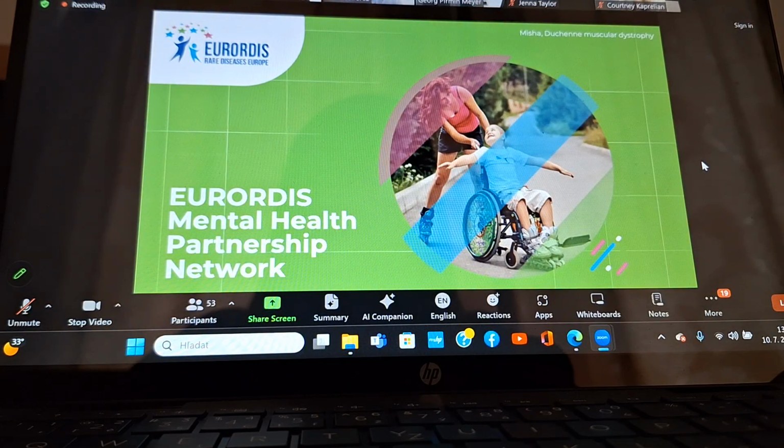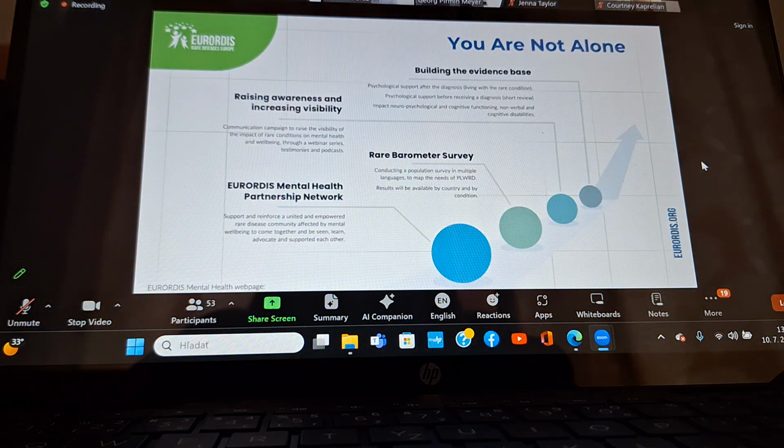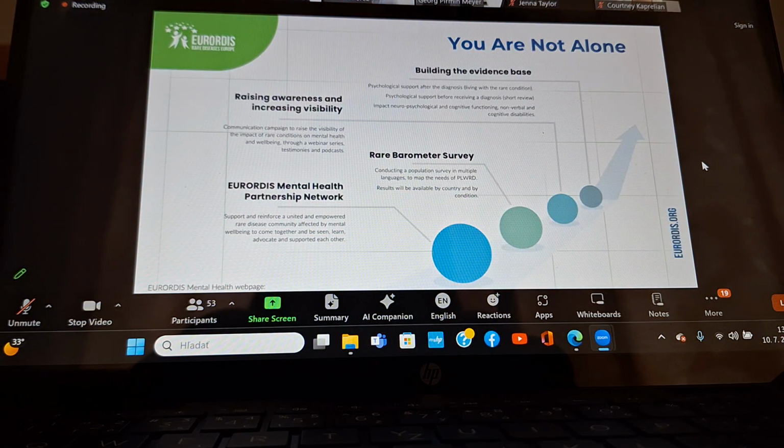This is my last slide. So the mental health work which we're doing: Eurodis are not solely focusing on trying to get visibility of rare conditions in policy at the EU level and nationally, but we're also, as a community, stepping forward and taking action too. Because I think we have a huge amount of experience in our community. We can learn from each other. You all here can learn from each other. And I think that's why I've joined today's SME exchange, and it's a real opportunity.